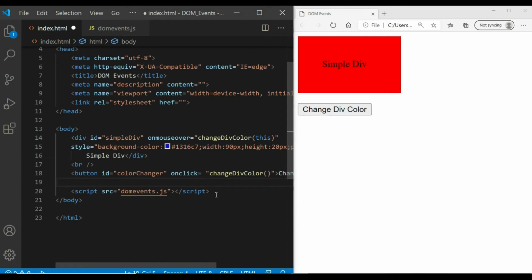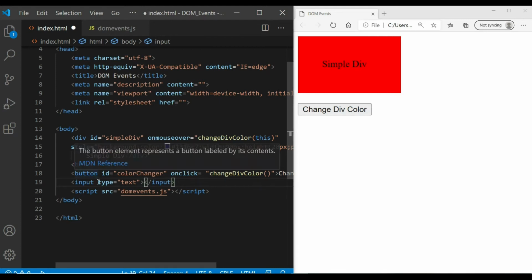So let's say we have one input of type text. Okay, and let's say this text has one id, let's say, simpleText.